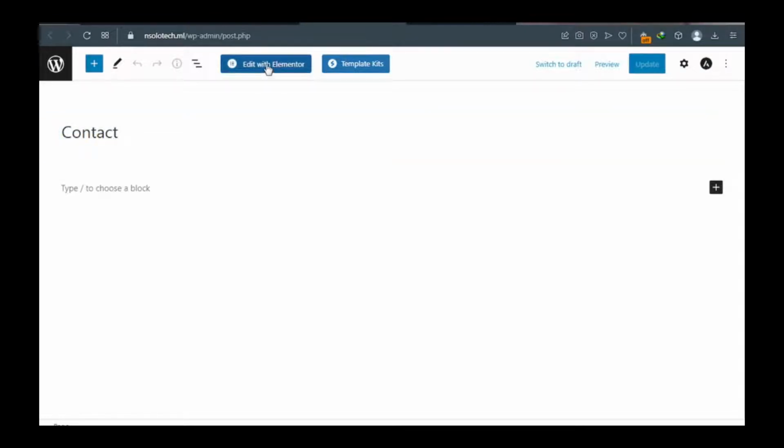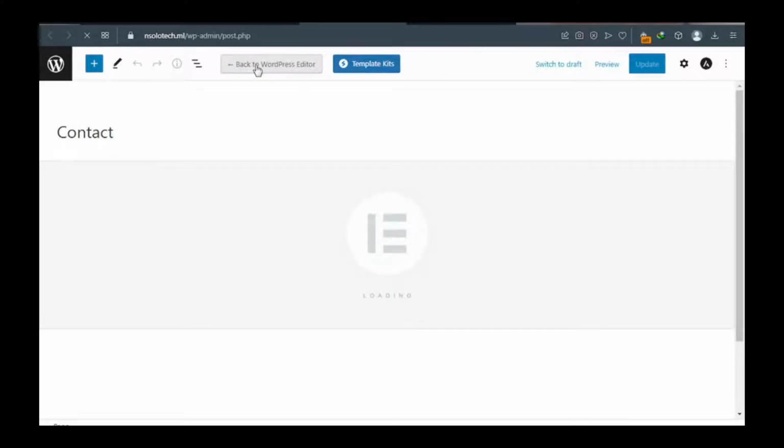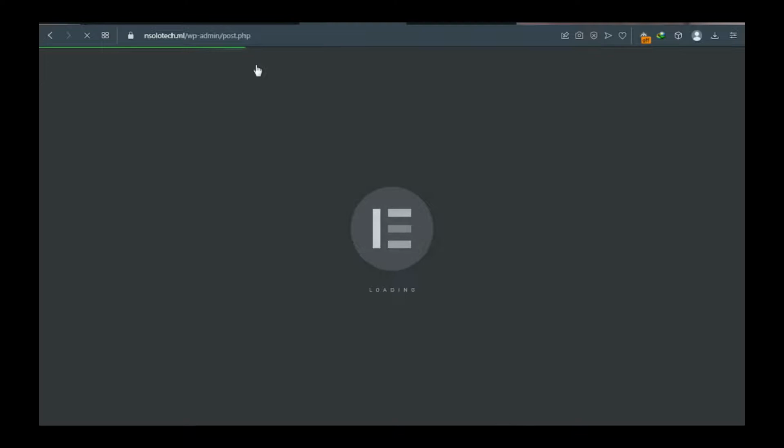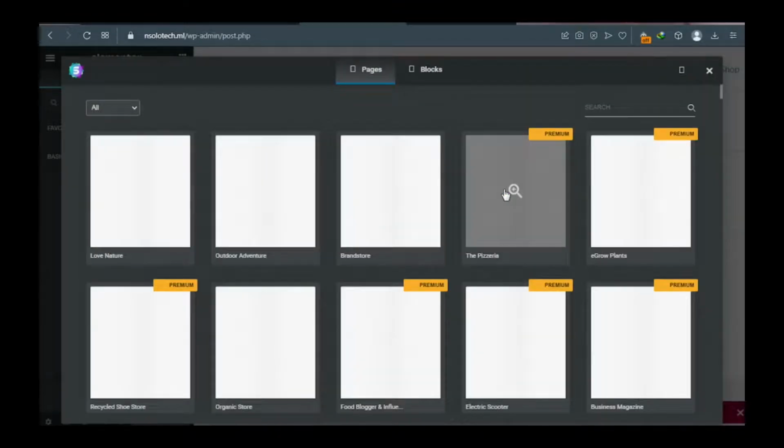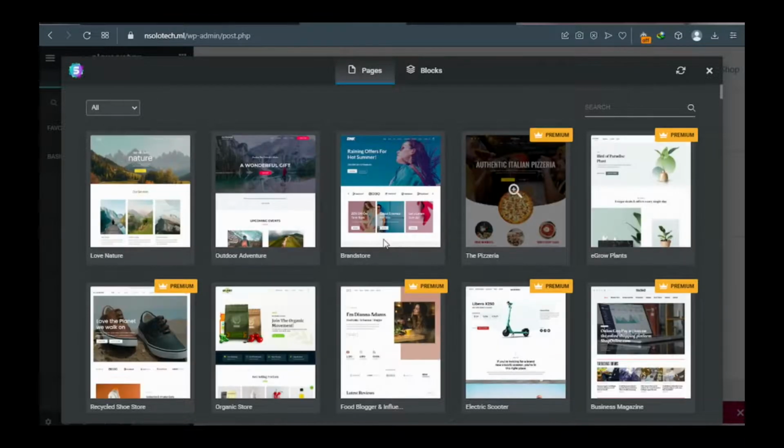Okay, because we want to edit it with Elementor, just like we did for our home page, and wait for Elementor page builder to load. And this is Elementor page builder. Please, let's click on the starter template, this one. So click on it, and then click on this template, okay, because that's the one we are working with. So we click on it,